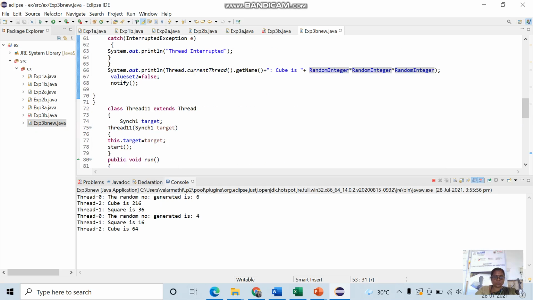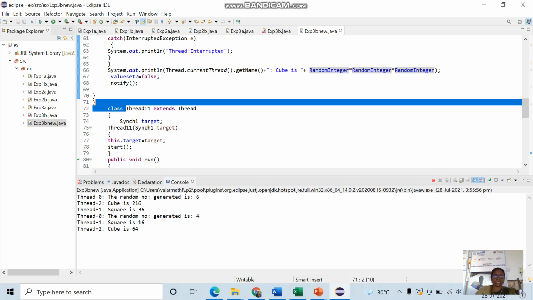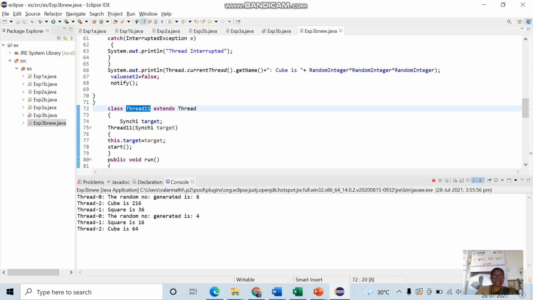To execute all those concepts on a thread basis, we need one thread class. So to create a thread class, here the first way of creating a thread application is used, that is nothing but extending the Thread class. So here the class is created as class, thread class name, extends, Thread. So likewise the statement has been framed.